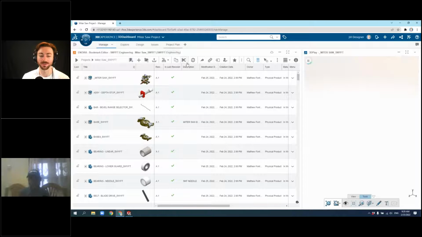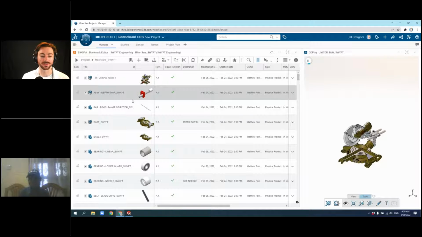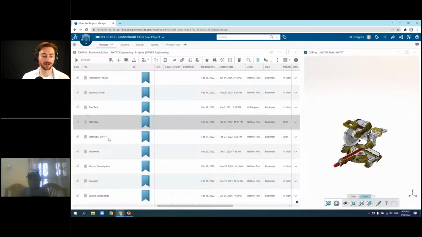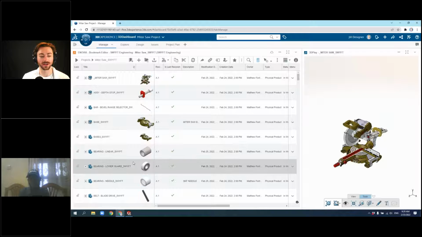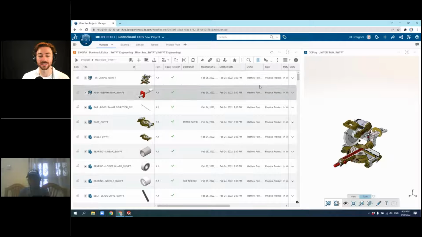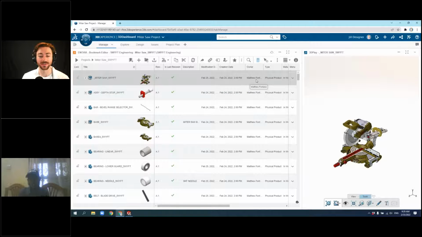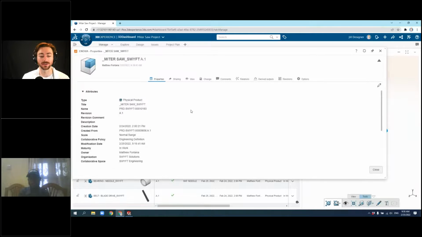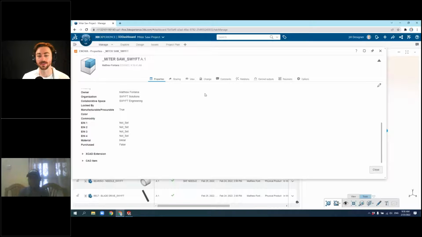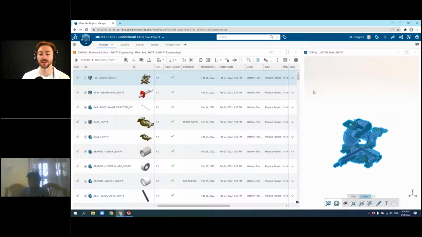Now with the data management side of things, this is essentially a folder that I have here. You see I have all of these different folders that I have ability to jump into and see all of my data. You can configure the columns based on your SolidWorks properties. You can even have that show up here. And like I was saying, you can give the ability to jump in and edit the properties that are linked with SolidWorks directly in the browser. So you can be on the go and still editing the property side of things with SolidWorks.